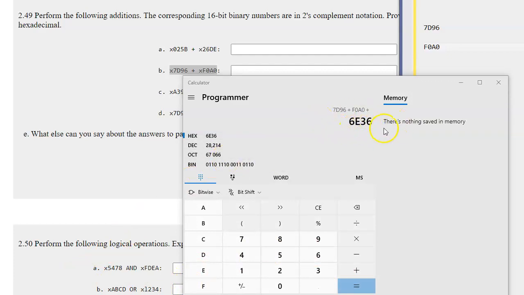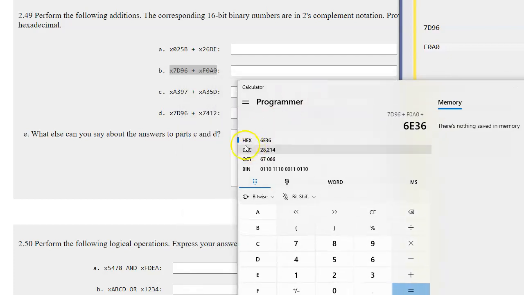This is the correct answer, and you can see that this is actually a positive number. It's decimal 28,214. Right? But the most important thing to recognize in this exercise is that the size of the input data